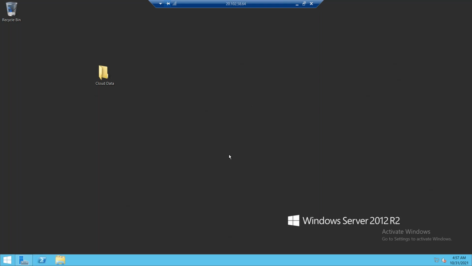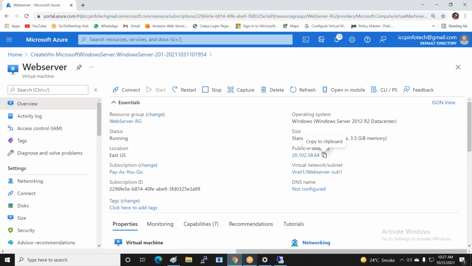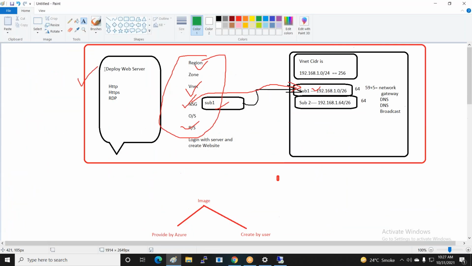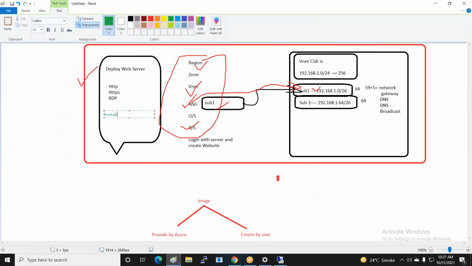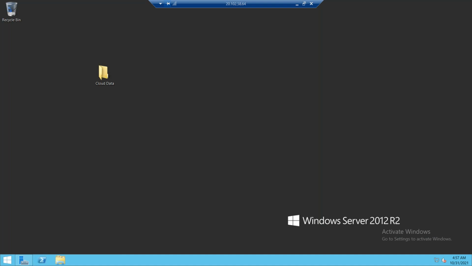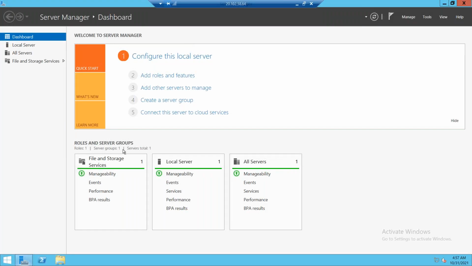Then, when you are already the system administrator in a particular organization and you deploy the web server, you can install a role. Which one? IIS. Yes. When we deploy a web server in Microsoft Server, we can install the IIS server role. So now, how to install the IIS server role? I go to Server Manager. Inside Server Manager, you can see the option Add Roles and Features.